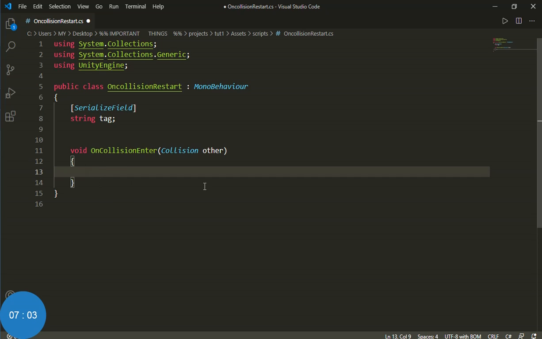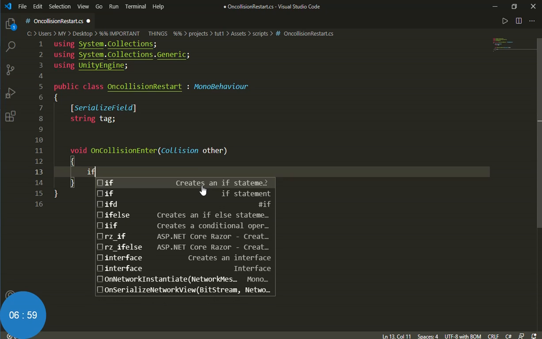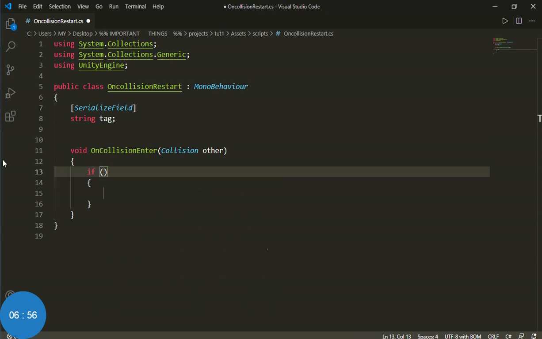And inside of that function, we need to type an if statement. Type if, enter, autocomplete. And inside of our if statement's brackets, we need to type if collision, not capital, collision dot collider dot, if collision dot collider is double equals to tag,